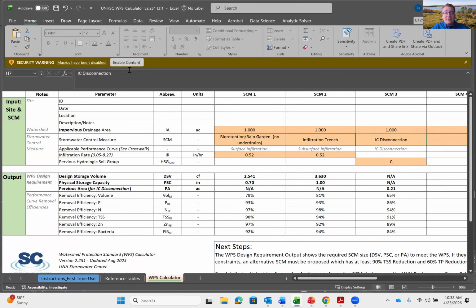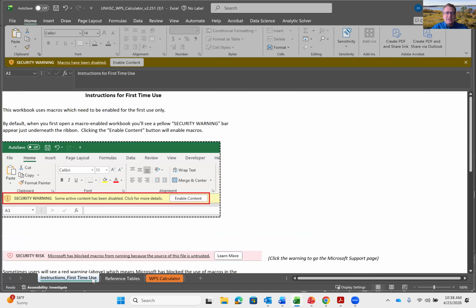And the first thing, if you're downloading this for the first time, you might have some issues. This file does contain macros, and the current versions of Microsoft Excel all have protections against downloading files with macros.